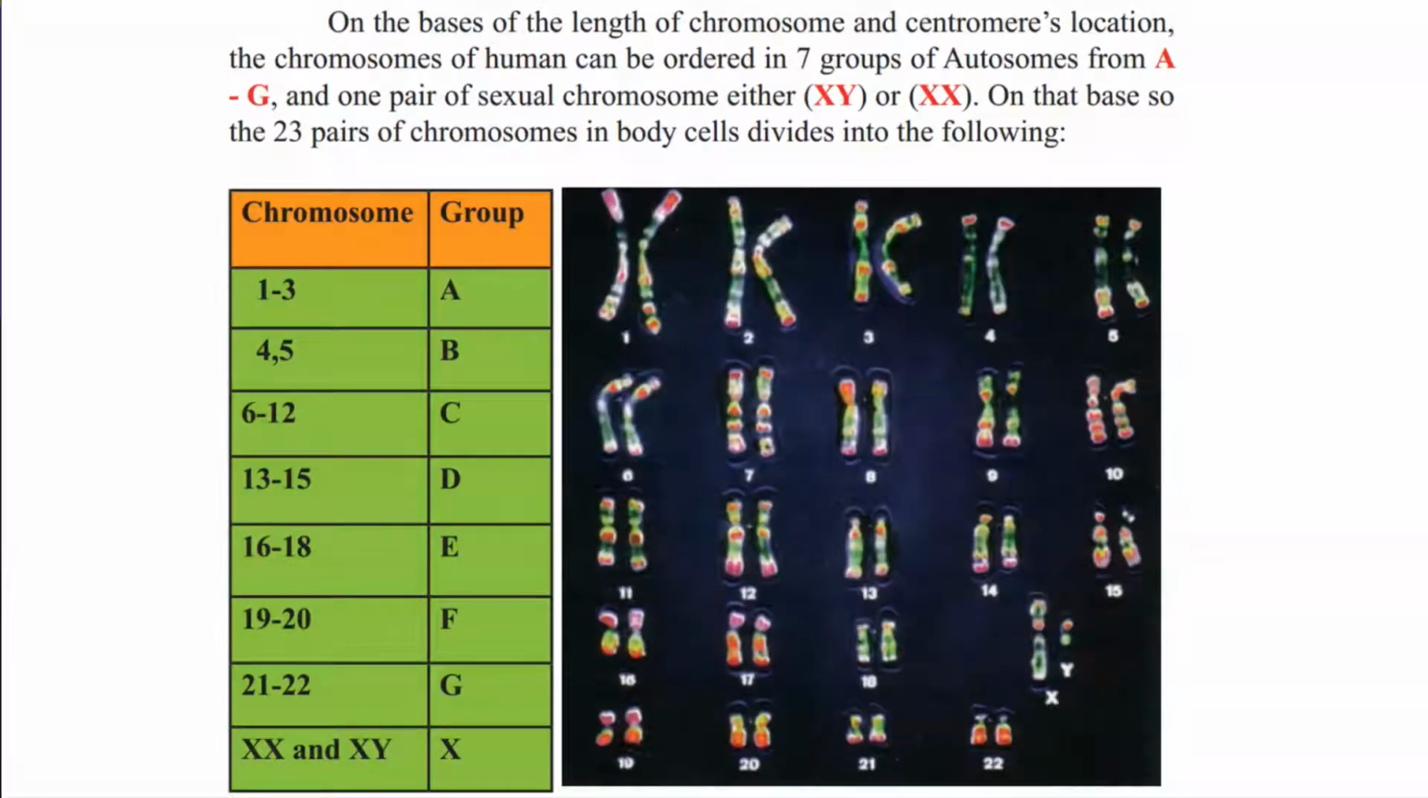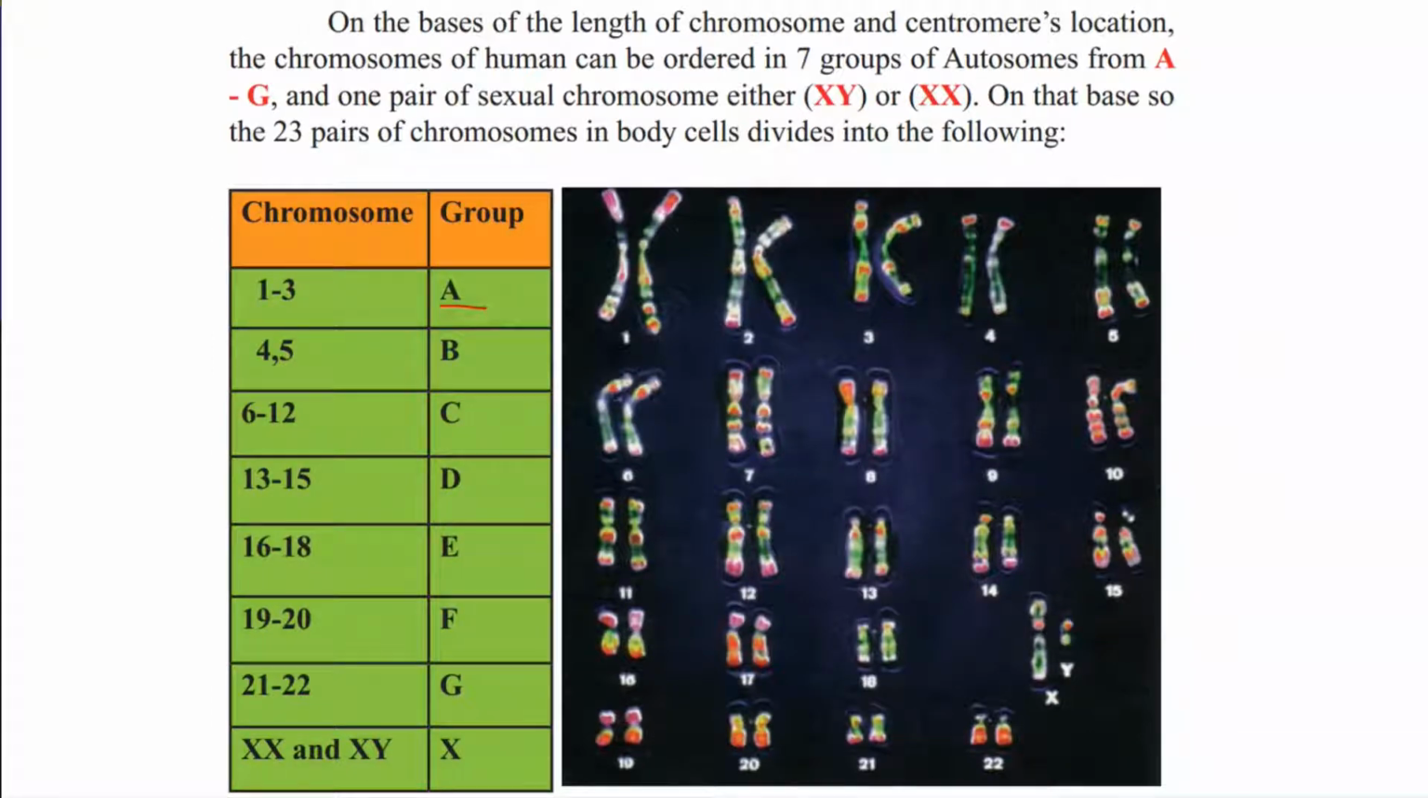On the basis of the length of the chromosome and the centromere's location, the chromosomes of humans can be ordered in 7 groups of autosomes, A, B, C, D, E, F, G, and 1 pair of sex chromosomes, XX or XY. On that basis, the 23 pairs of chromosomes in body cells are divided into the following groups: